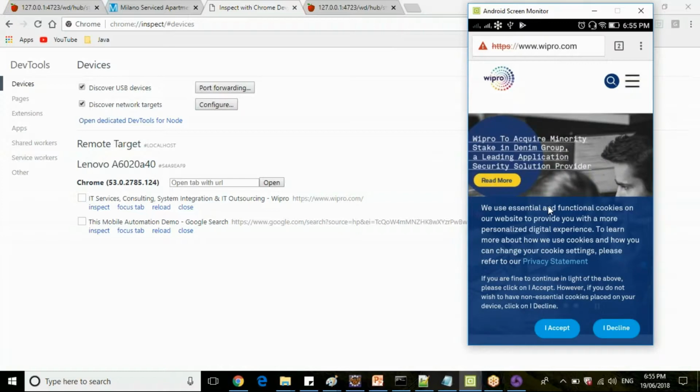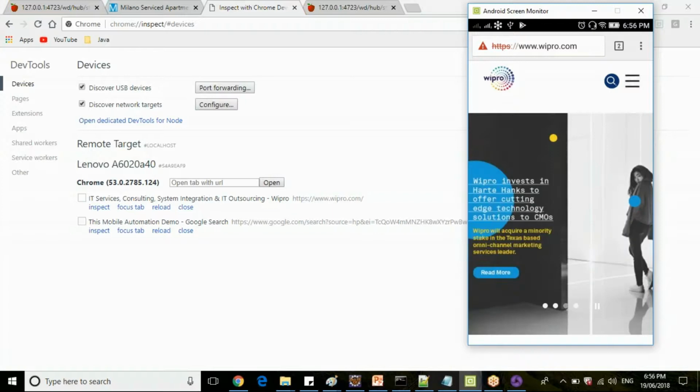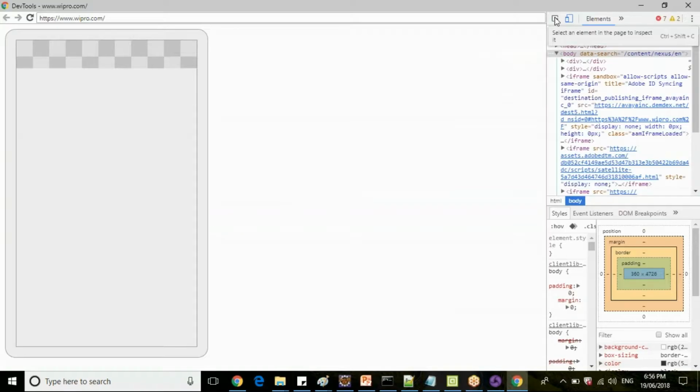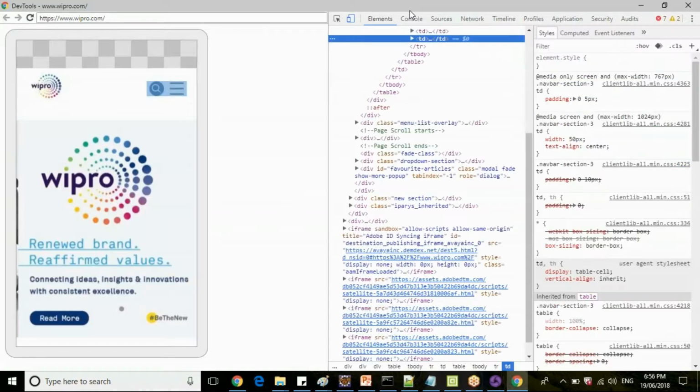A new window will open with your mobile screen on your inspector tab. Okay. So this is the exact screen loaded in your mobile, guys. Now if you click on the inspect button and click on select somewhere, it will highlight in your mobile as well. Okay. So those who have Android mobiles with USB access, you can try it now.